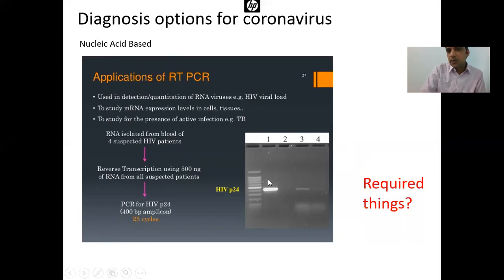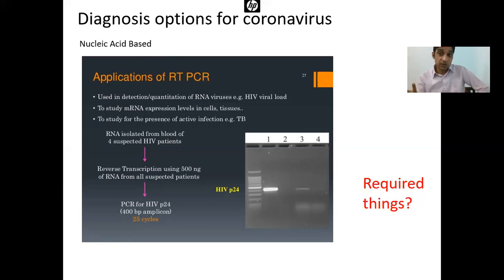So this is a sample picture of how these experiments are done. Usually in lane number 1, we have a positive control. In lane number 2, we have a negative control. I mean, we have a specific DNA which is similar to the coronavirus, and another DNA which is not similar to the coronavirus. And then 3 and 4 are the samples from the patients. So if the patients give us the amplification product after all that process, we can refer to those patients as infected and containing the coronavirus.